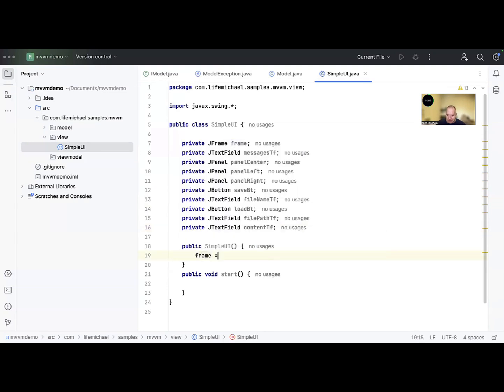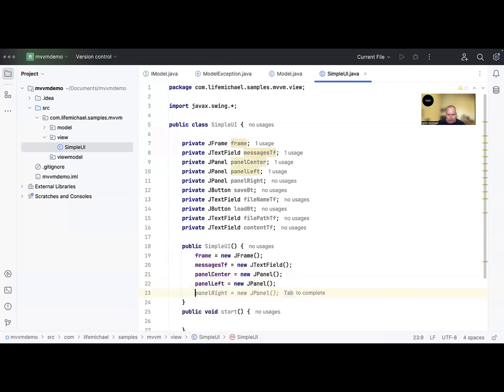So frame assign with new JFrame, messages TF, new JTextField. Now the panels, we have panel center, great. We have panel left, we have panel right. And I want to add those two panels on the panel center. Okay, let's